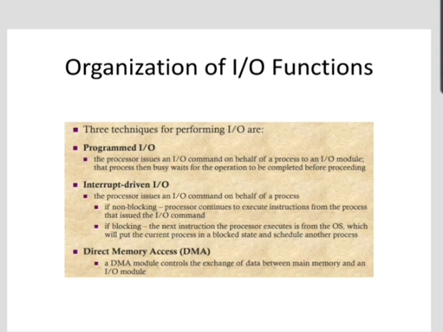The programmed input output is based on busy waiting. The CPU keeps checking the status of the input output device. Since input output devices are very slow, the CPU will have to waste a lot of its time waiting for the device to become ready. In interrupt driven input output, the CPU switches to some other program without waiting for the input output device to complete or to become free. Only one input output activity can be handled using programmed input output, whereas multiple input output activities can be carried out in an overlapped fashion with interrupt driven input output.